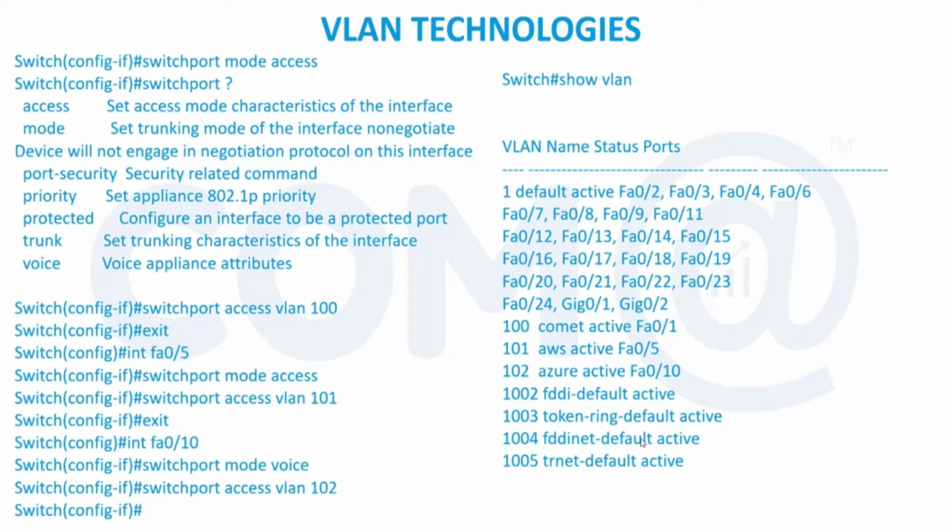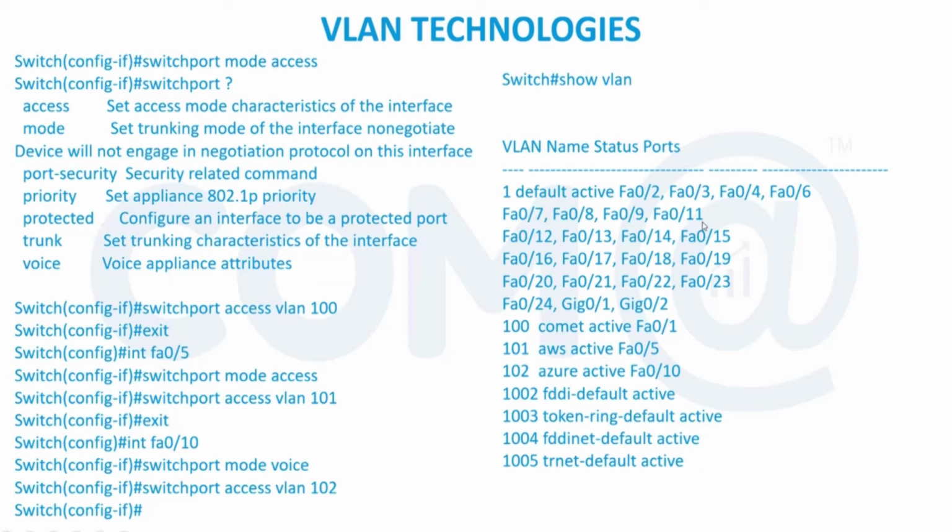So in the same way, we are assigning the other interfaces also. We are getting into the interface and switchport, and making that port assigned with whatever VLAN we have. So this port automatically moves towards the VLAN. This is the L2 VLAN. So if I put show VLAN, you can see